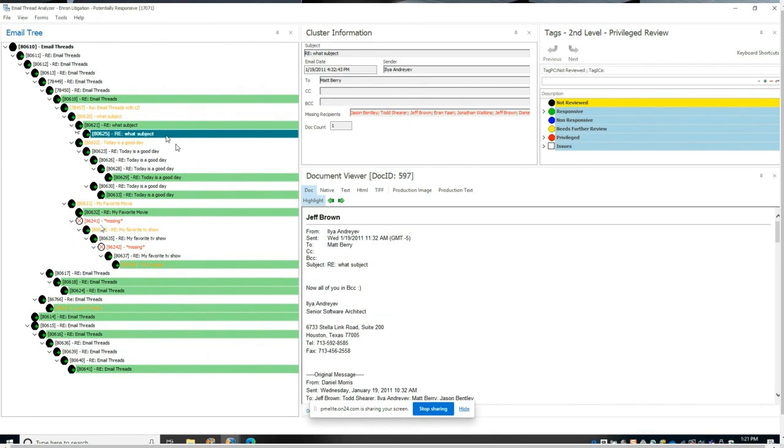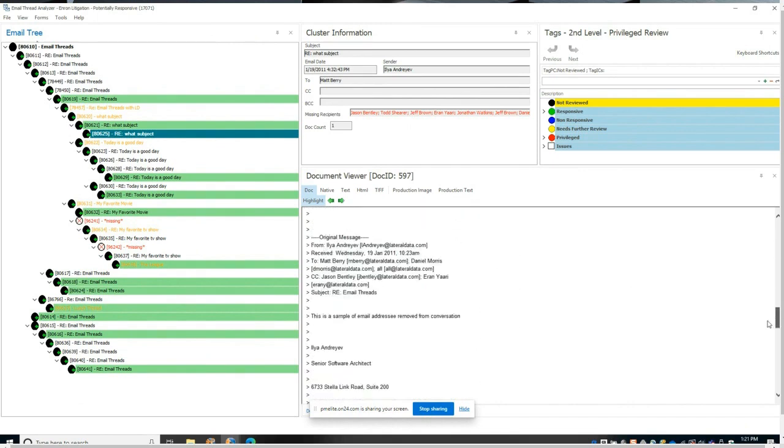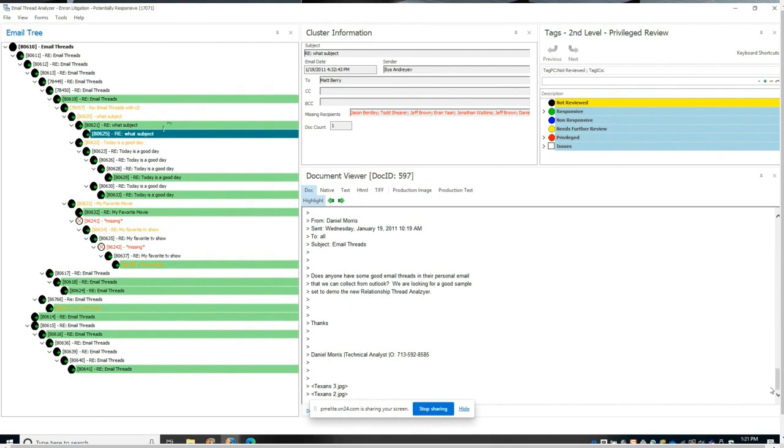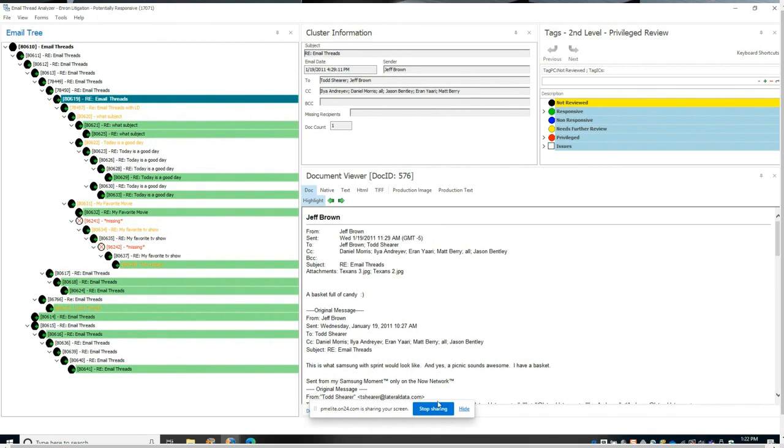That's just a visual indication that that's a complete email, meaning that if you review that email, you will have reviewed all the other emails that preceded it, right? You'll see sometimes emails further up the tree that are highlighted in green as well. Well, it's because those had attachments that didn't get included on a forward or reply. So you'll probably need to review those as well. So obviously, how clients use this the most is they use it to apply email suppression, right? So if you wanted to review all of these emails in as few emails as possible, you really only need to review the green ones,